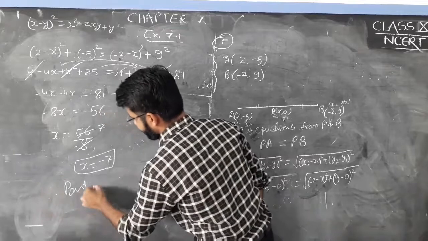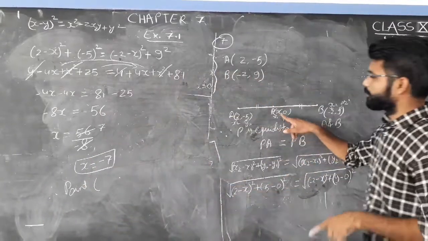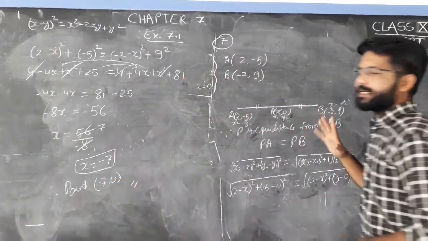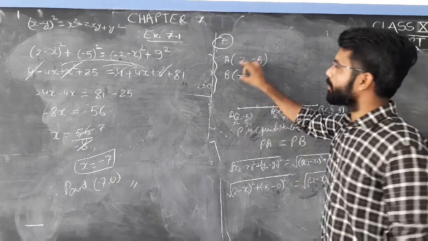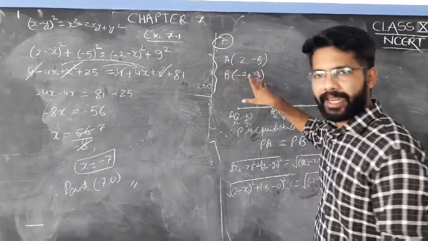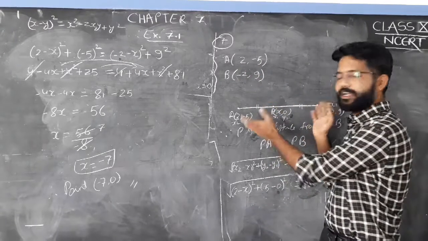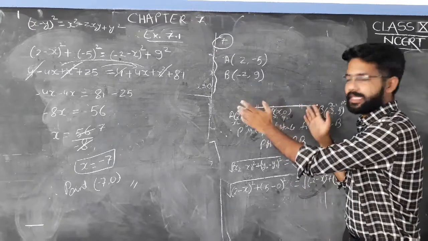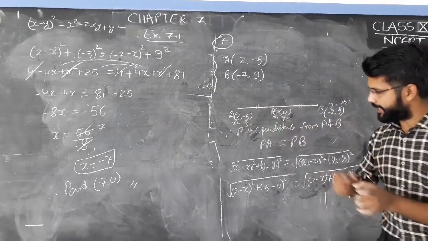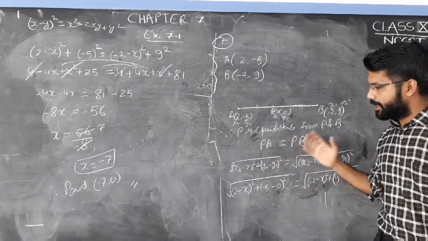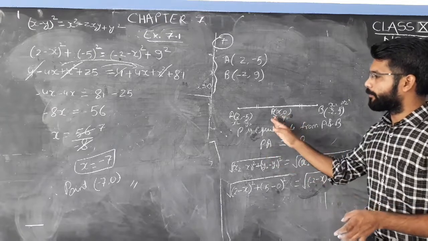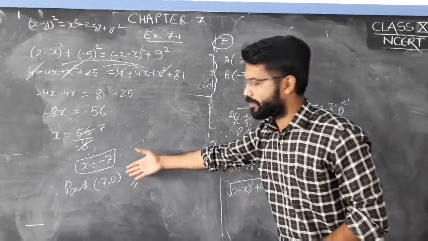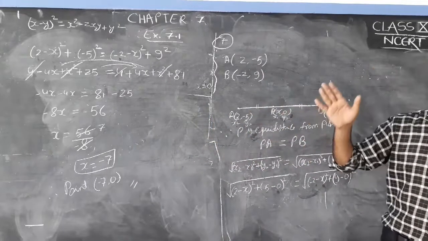Therefore the point will be what? x and 0. So x we have what? -7 and y was already 0. Is it clear? So what did we do in this? In the question it was given that two points A and B, these are the coordinates, and there is a point P which is equidistant from both, it is on the middle of the line. So PA and PB will be equal; whenever it is equidistant you have to use the same thing, PA equal to PB. In case of PA, you have to take coordinates of P and A. In case of PB, you have to take coordinates of P and B, and then this all will get the value of x. Okay, this was question number 7.